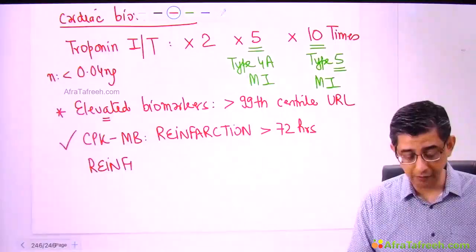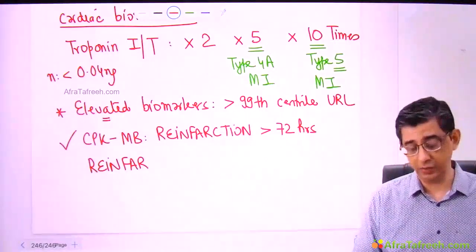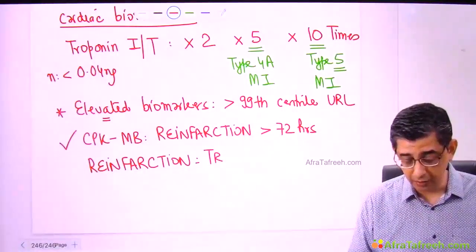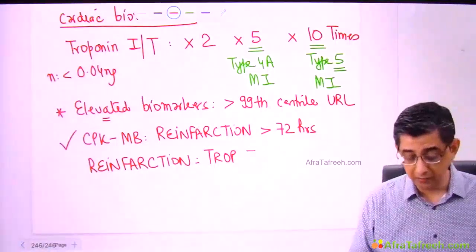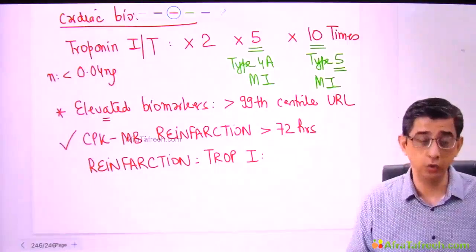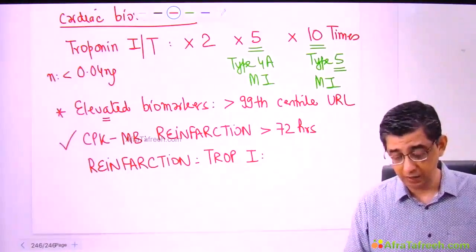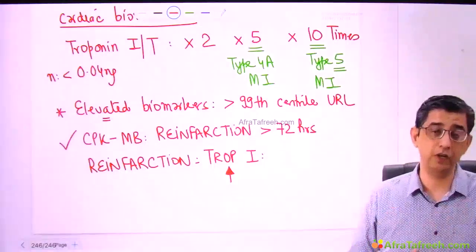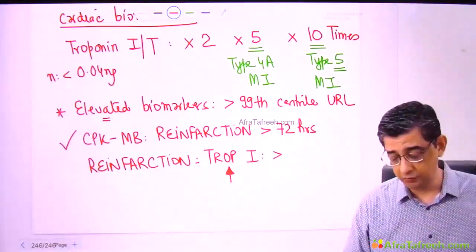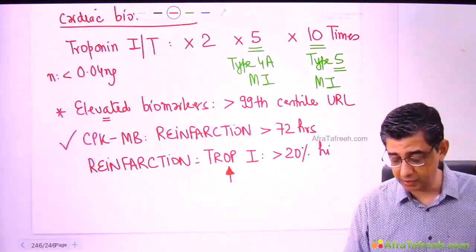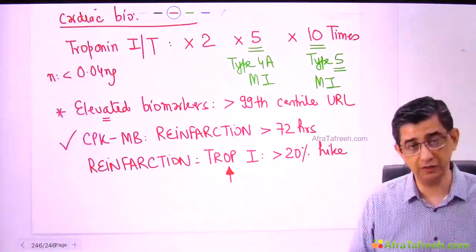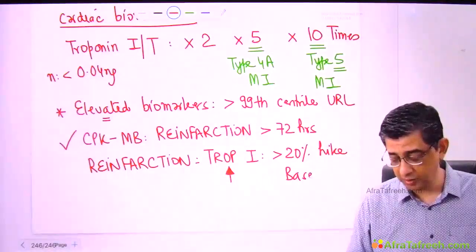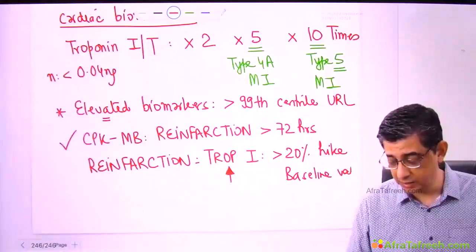Like at the moment it is the left anterior descending artery that was involved, and then subsequently in the person it was the right coronary artery getting involved. So there is no guarantee that reinfarction will occur only after 3 days or 4 days. If a reinfarction is occurring early on, then what test will you do? It can be troponin I as an answer. In fact, I want you to remember that the value of troponin I will dramatically rise if there's a reinfarction, because already one artery was involved, now a second one is getting involved. So if you get more than a 20% hike, I repeat the fact once again, you have already done troponin I in the person once when he came to you initially. If there's a 20% hike over the baseline value, I'm not saying, what I mean by the word baseline value is not that baseline is normal.